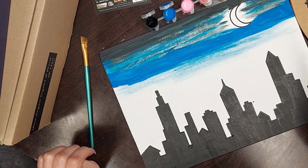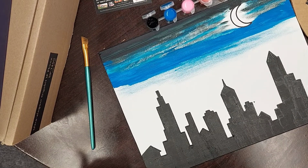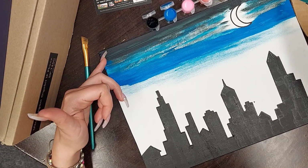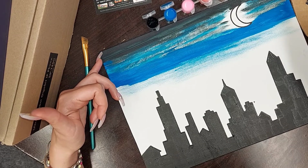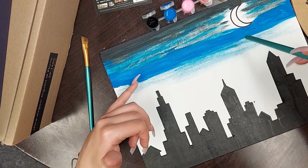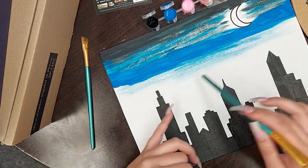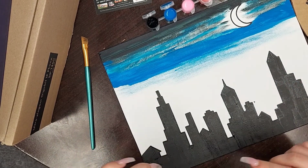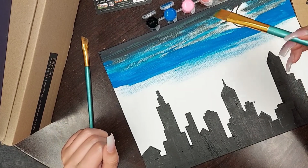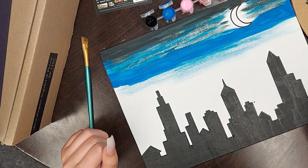Alrighty guys, so just to do a quick recap check-in point, we painted our city outline in black. We mixed black and blue together to get a darker color on the top part of our canvas. Then we used just the blue in the middle and we dragged it upwards to blend into the darker part, and we dragged it downwards. So now what we're going to do is, using the big brush again, make sure you rinse it off in your water. We're going to grab a little bit of blue